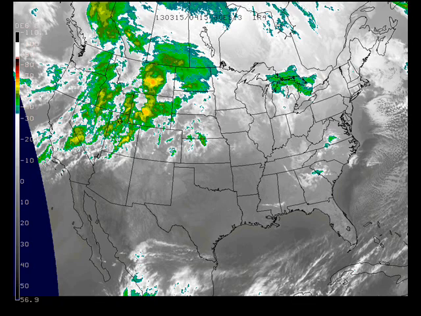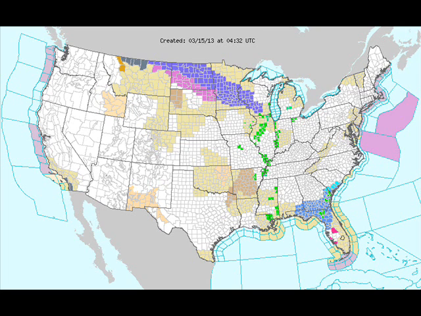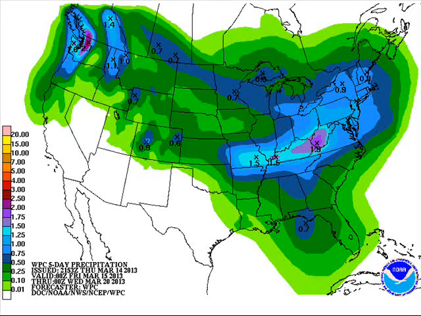The satellite image from last evening showed the next disturbance coming into the northern plains in Montana. Some cloudiness extending back into California. And a few clouds hit or miss across the east as well. The watch warning map from last evening, some winter weather advisories and freezing rain advisories from Wisconsin and Minnesota through North Dakota, South Dakota into Montana, frost advisory across the south and east, and some flood issues continue over the center part of the country.